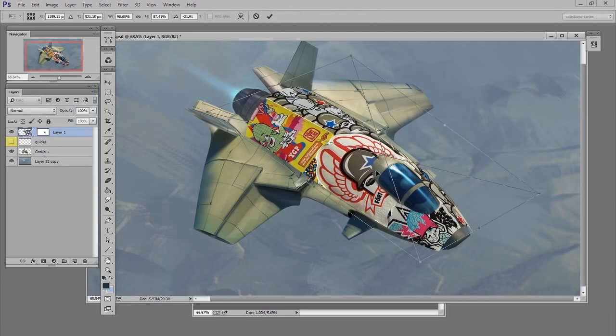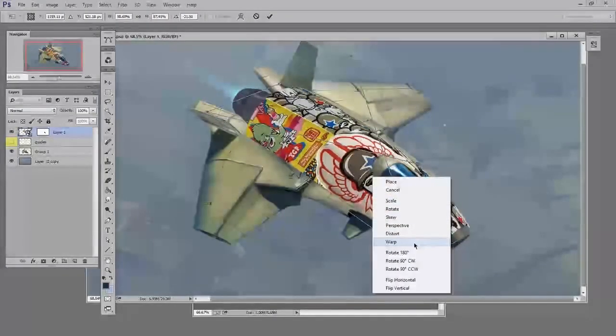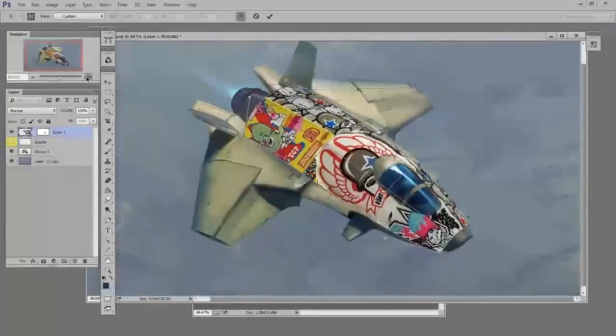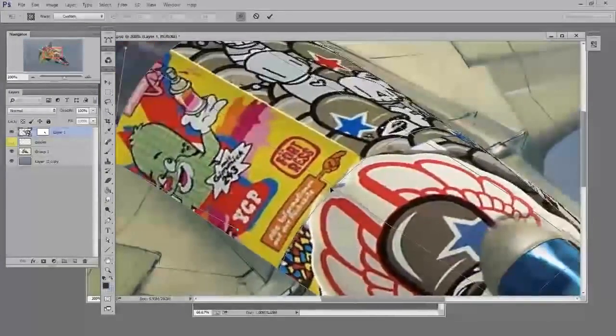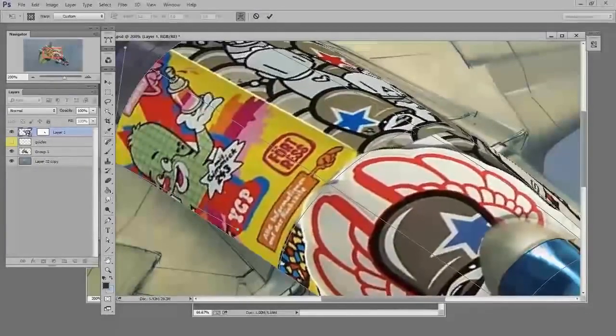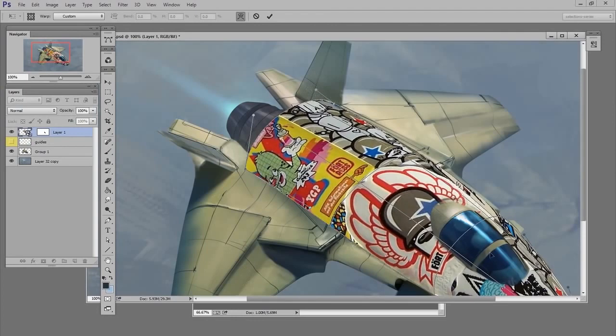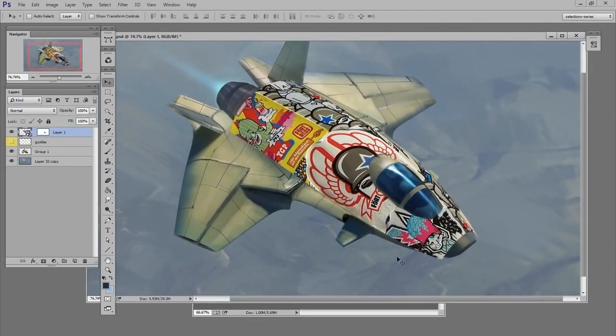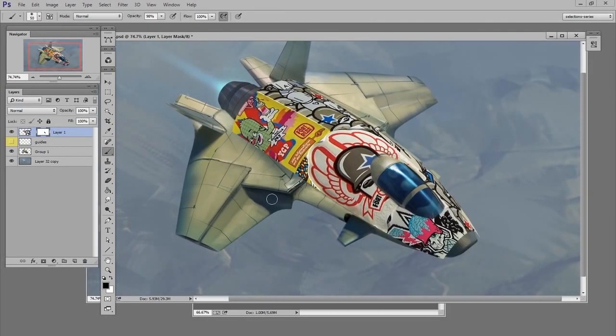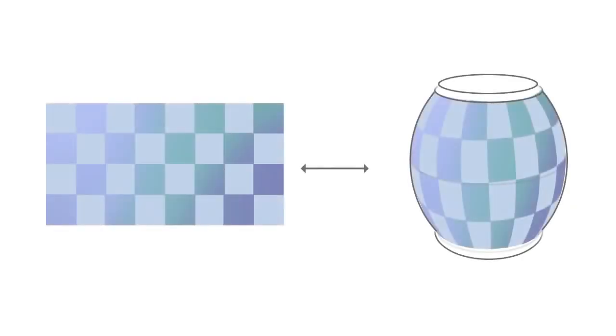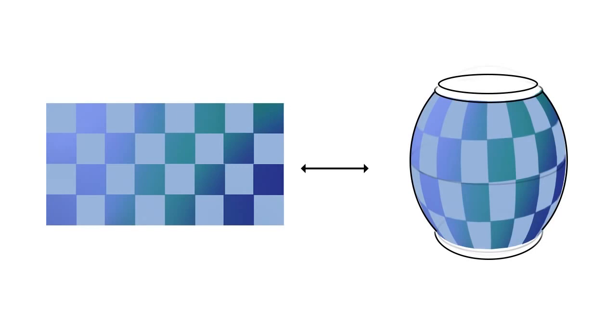So you hit Control T for free transform, right click, go to warp, and now you're just going to make some adjustments to make sure that it is deforming the way you want it to. And perhaps in your mask, you might want to soften this edge so you can't see that harsh cutoff. And now I've officially created the link between my smart object and the contents,